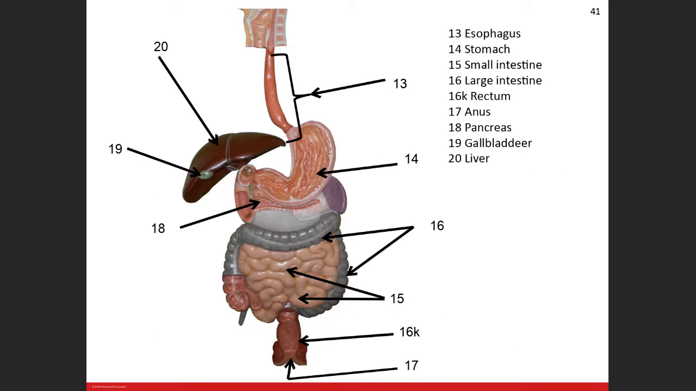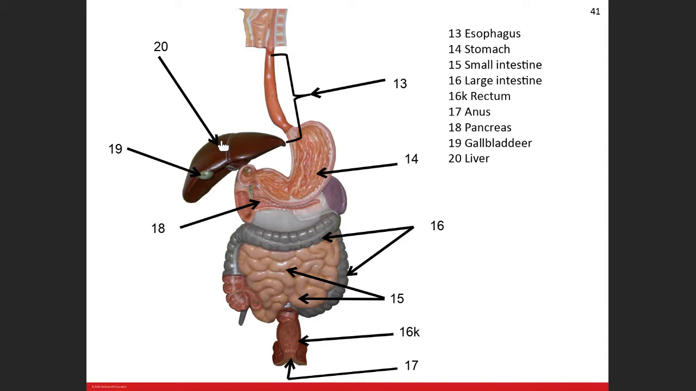So this should look familiar to you from 210, and all these structures should already be labeled. And if not, we'll just quickly run through them here. Okay, 13 here, here's the esophagus, which leads into the stomach. And then just on the right side here of your body, opposite the stomach on the left,